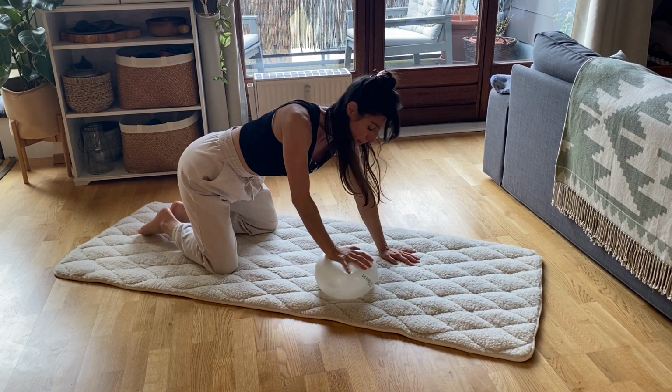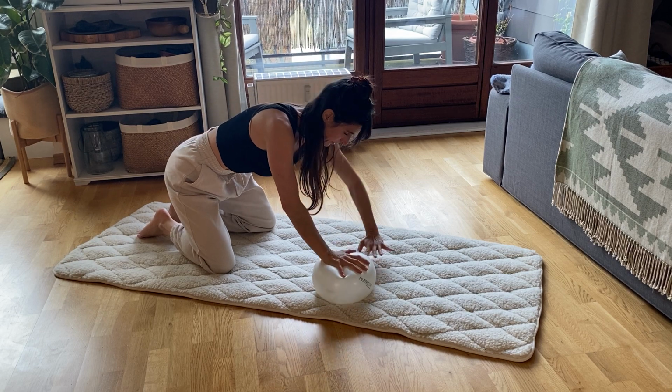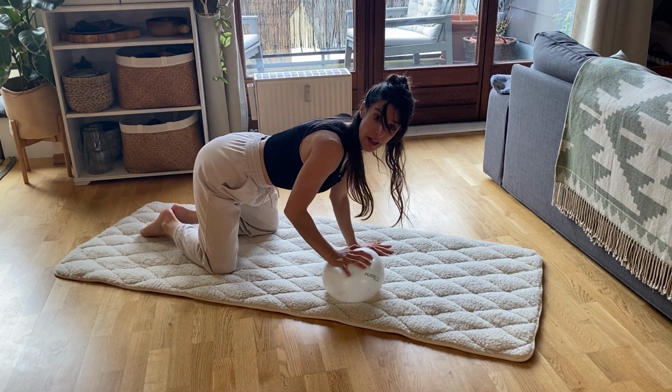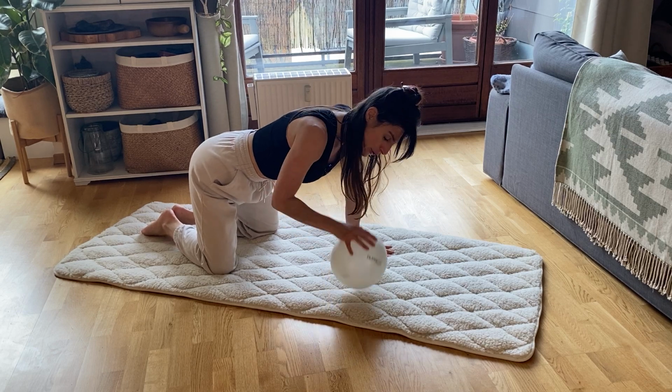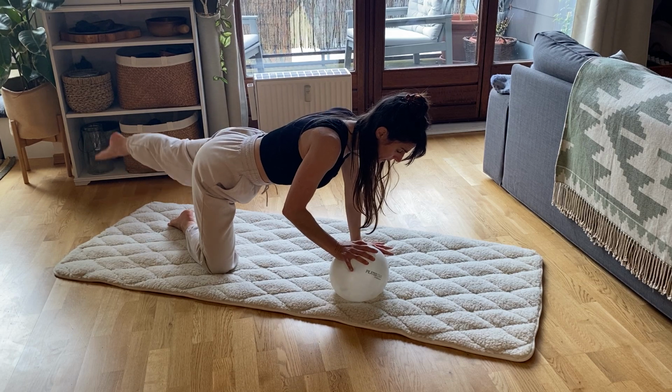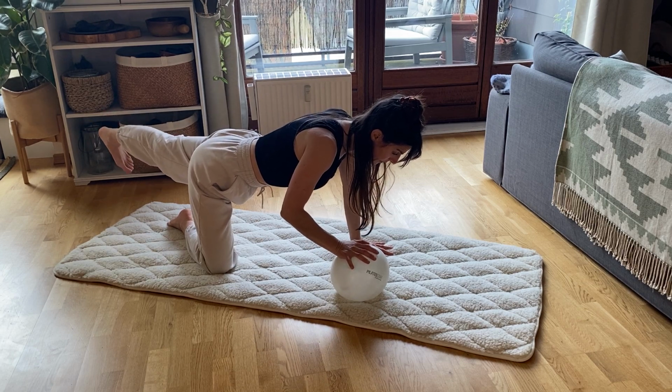Okay, so now we're gonna put the ball underneath the right hand. And your left hand is absolutely forward facing. So again, the right elbow goes back. If you don't like it, you can always remove it, but let's give it a try. So I want you to stretch out this left leg, flex it for me, and then give it a nice